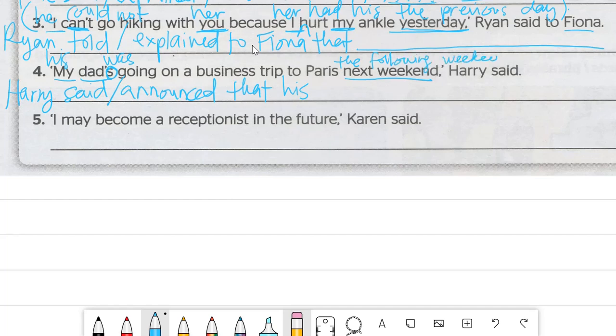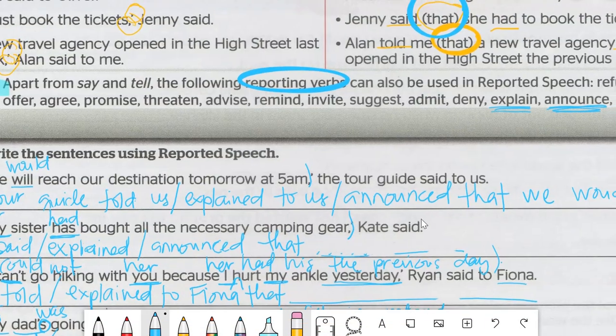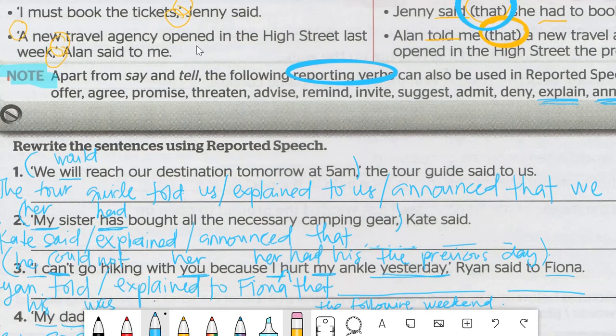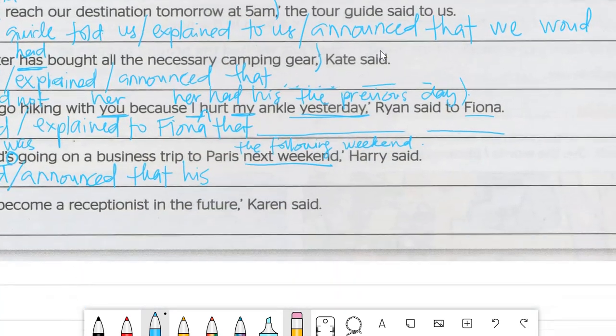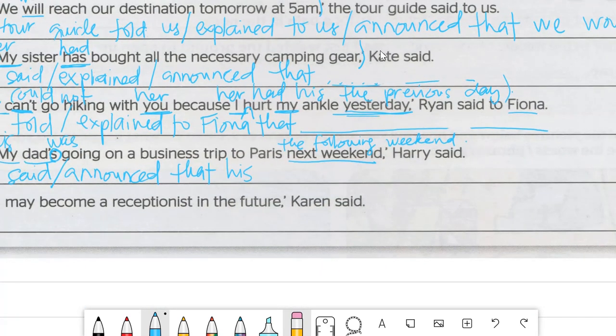Kalau previous macam ni, kita kalau semalam atau yang dah lepas-lepas, okay, macam ni yesterday, okay, yesterday kan, macam ni last week kan, like this one, last week, macam number 4 ni, number 3 yesterday kan, yang ni kita guna the previous